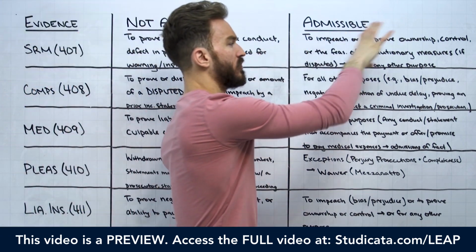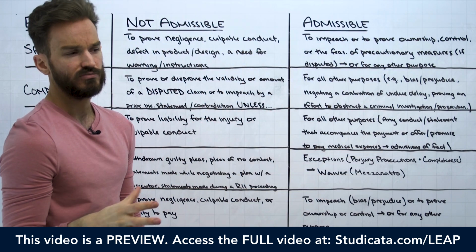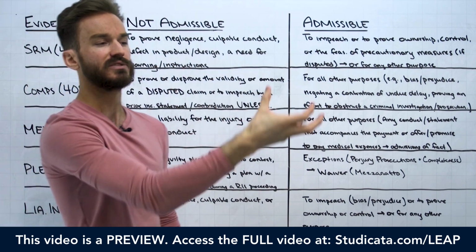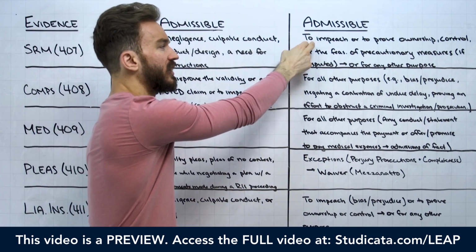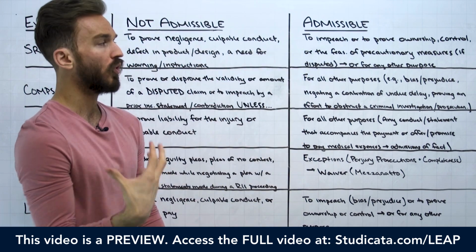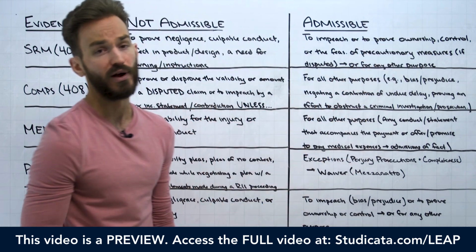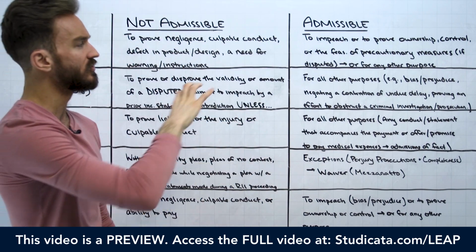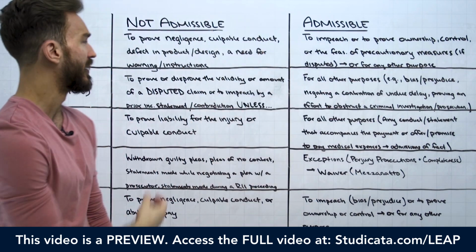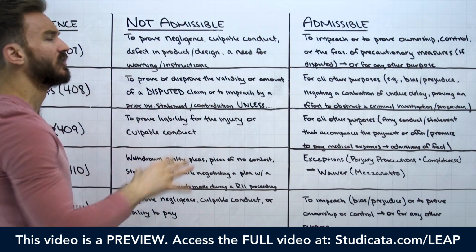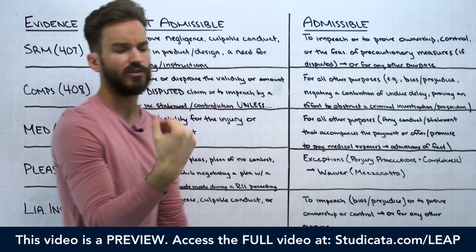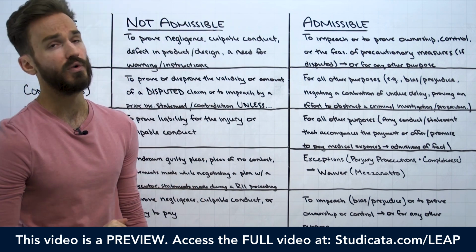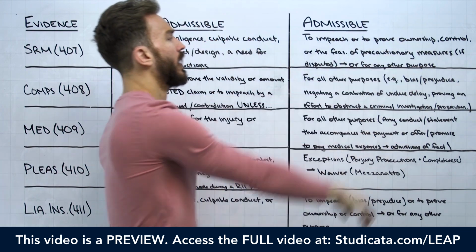Right, so the key here with subsequent remedial measures, and the pattern you should kind of see, is that generally it's not admissible evidence until the defendant does something, disputes something, gets up there and contradicts himself and opens himself up to impeachment, or disputes ownership or control or feasibility, right? Once the defendant starts to do that stuff, then the plaintiff could come in and introduce it, right? That's generally how you see it come in under 407. We're thinking about subsequent remedial measures, but you can't introduce it to prove negligence. You can't say, hey, look, because you took this subsequent remedial measure, obviously you were negligent, right? That's not going to fly. It's only if it's for some other purpose.